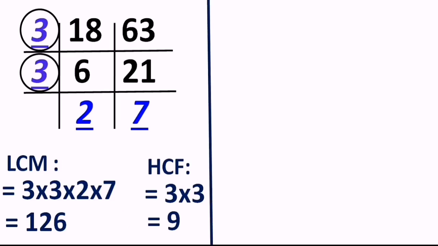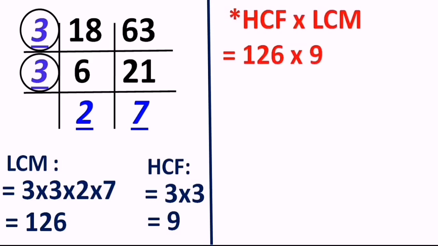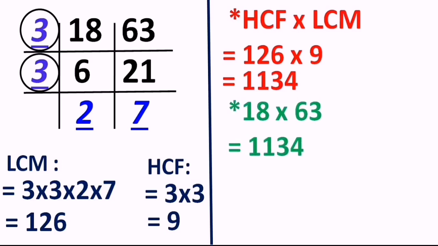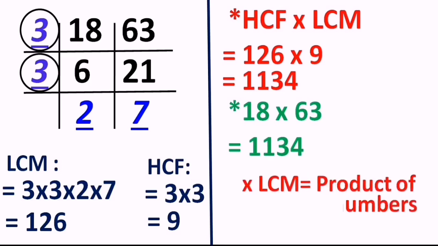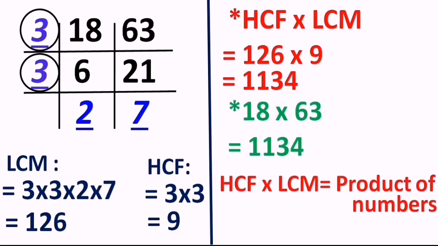And now time to verify the property. Very first, what we are going to do, we will multiply HCF and LCM with each other, right? And that results in 1134, right? And what do you expect? Our multiplication of 18 and 63 too must be 1134. And this will surprise you, that when both are multiplied, we get the same answer, 1134. Okay, and once this happens, we can say that the property is verified.